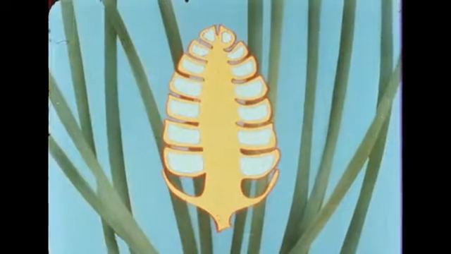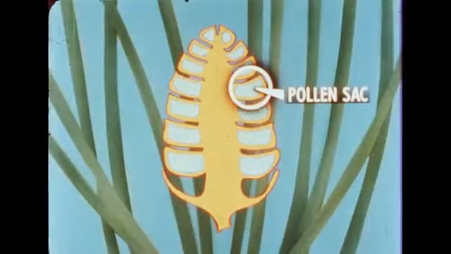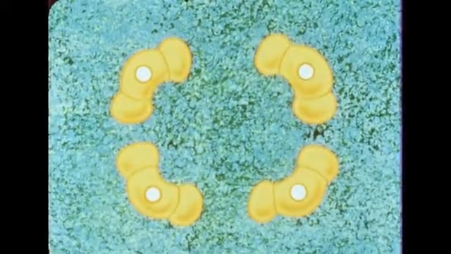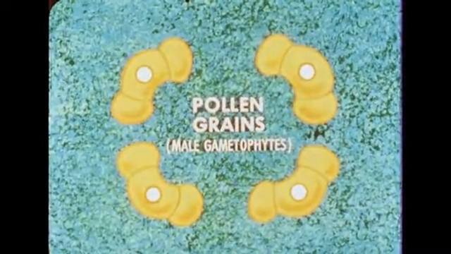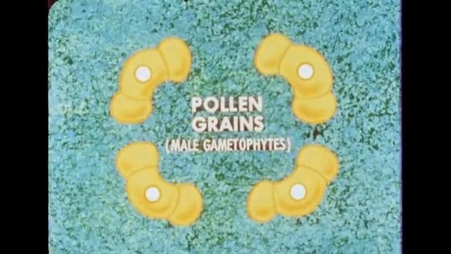On the underside of each cone leaf are the pollen sacs. Contained within these pollen sacs are the cells, called microspore mother cells. Each of these mother cells divides and forms 4 small spores called microspores. Soon the microspores separate from one another, and the outer walls of each enlarge to form wings. Development now takes place within the microspores, and mature pollen grains, or male gametophytes, are formed after several nuclear divisions. The wing helps to sustain the pollen grain in the air when it is carried away by the wind.